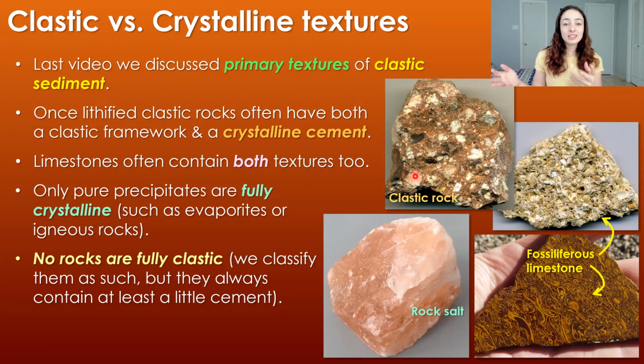And so yes, we might say that it is clastic, but no rocks are fully clastic. We just classify them as such because they form in a more detrital fashion than they do a chemical fashion. But limestones are another type of rock that often contain both textures as well. As we can see over here, these examples of fossiliferous limestones are, yes, held together by chemical cement, but are actually detrital in nature because those fossil fragments were detrital grains that deposited and accumulated in a detrital or clastic fashion. So only pure precipitates that form primarily or during accumulation by precipitation from solution are fully crystalline,